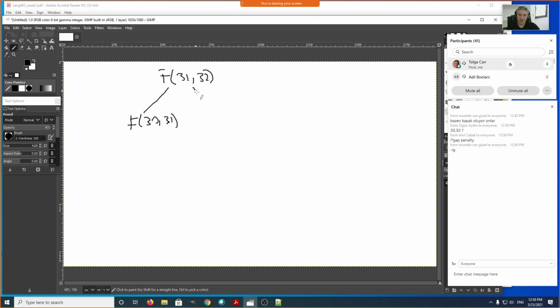F31, then F31,31, and F30,32. Okay, so these are the three calls it makes. This function is going to need these answers to be able to choose the maximum of them to find its correct value. And this one needs F29,30,